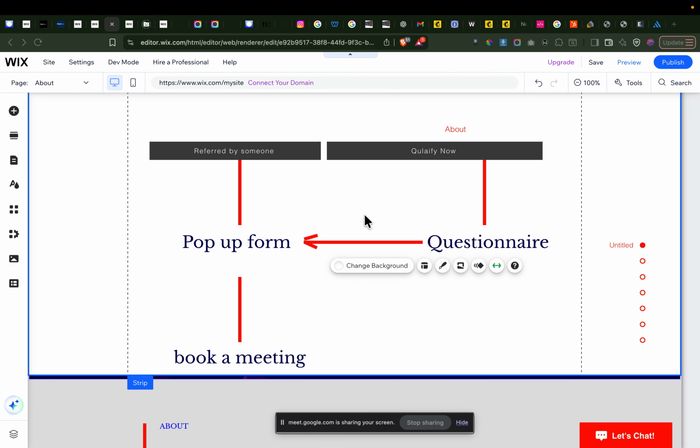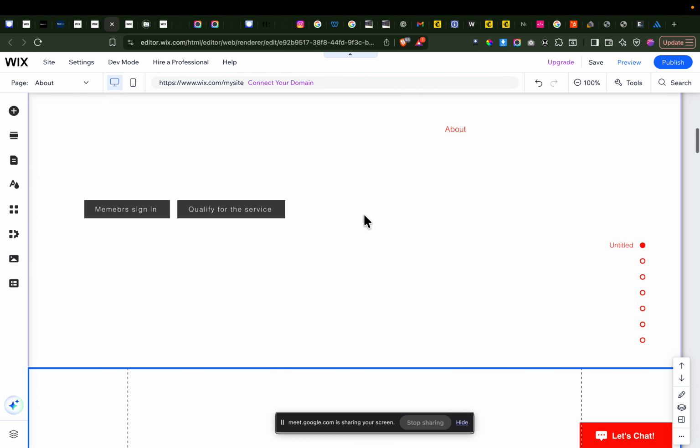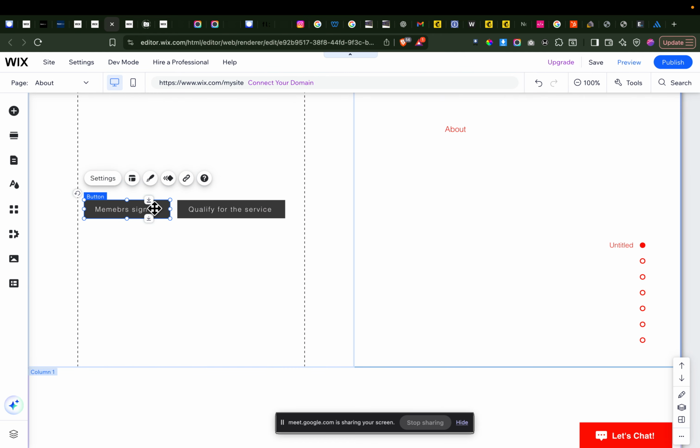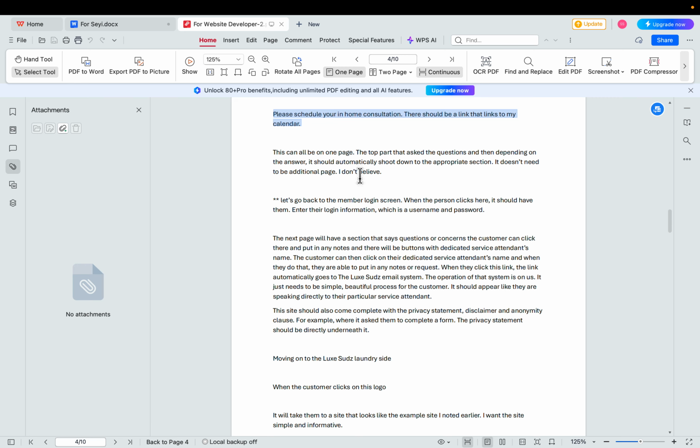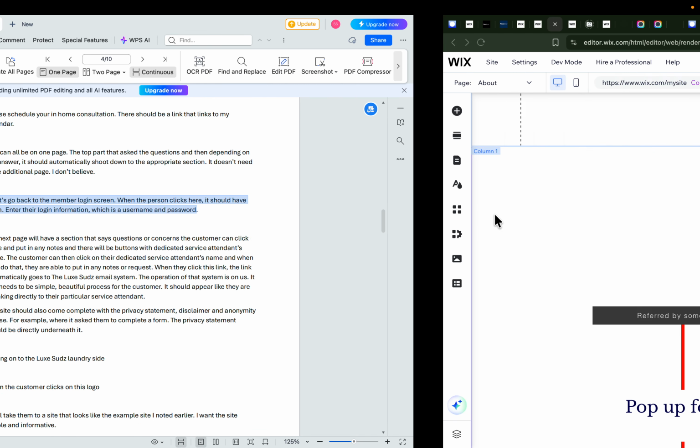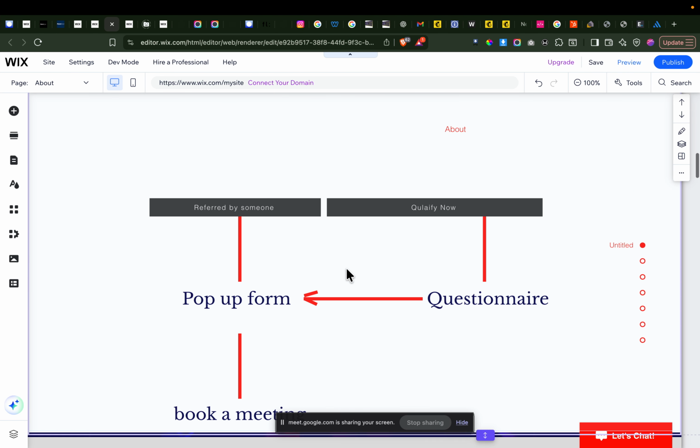So definitely on the member login, they should be able to input what do you want them to input? They're going to have a login, so they would put in their email address, or whatever their username is, and password.